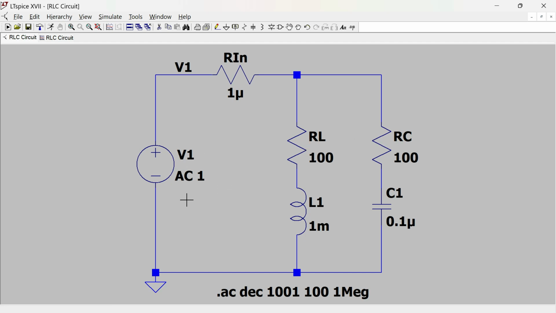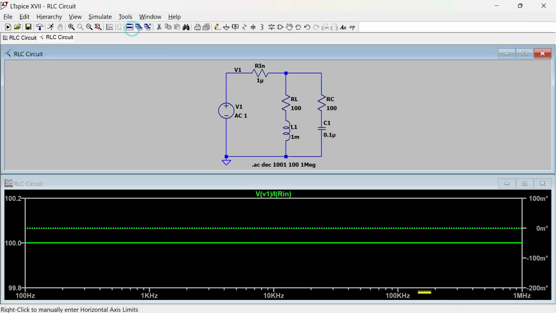To measure the input impedance, I'm doing it with an AC analysis. So I've got an AC voltage source. I'm measuring the magnitude of this voltage source divided by this current, and that will give me the input impedance seen from this circuit. So if we run the impedance analysis,